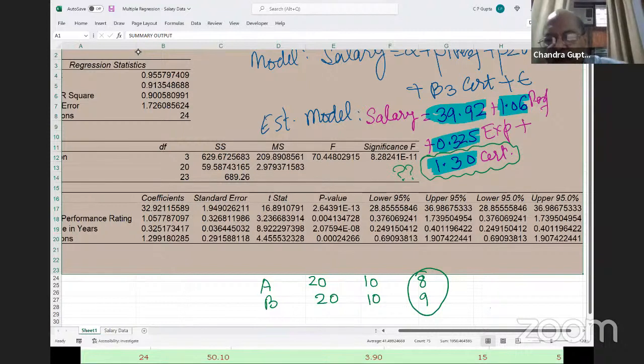Certification has gone up by 1 unit. In that case, you will find the salary of B will be higher than the salary of A by 1.30. That's how we understand this. Similarly,